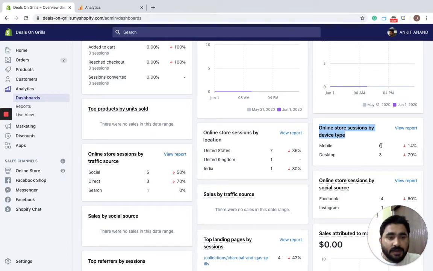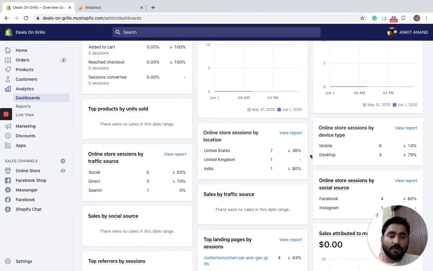See, it's mobile and this is desktop. One thing is clear here: more and more people are accessing your website through mobile. So your website should be mobile optimized under any circumstances. Don't even bother to ignore this, because when you see through the analytics, you will find that most of your traffic is coming through mobile.